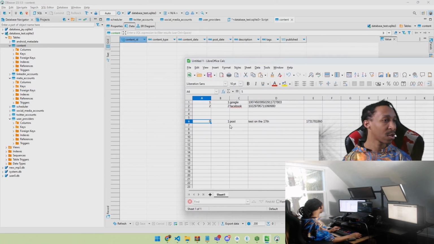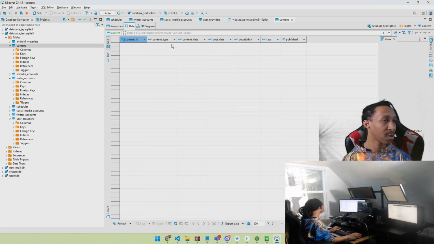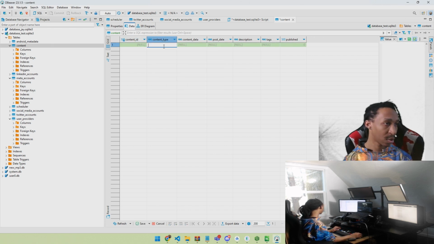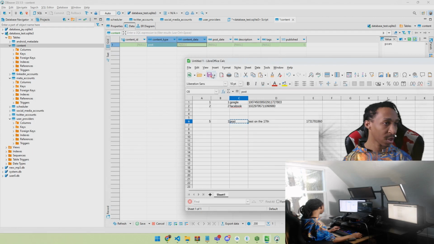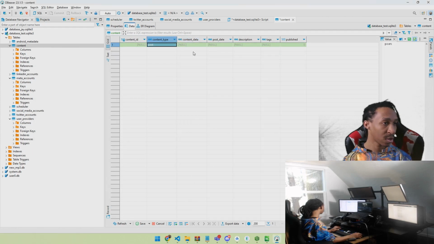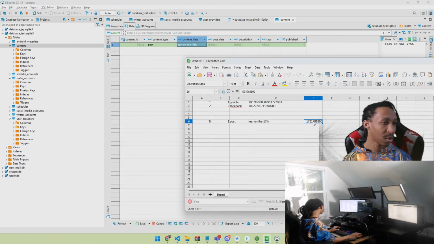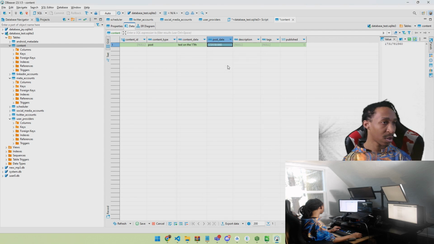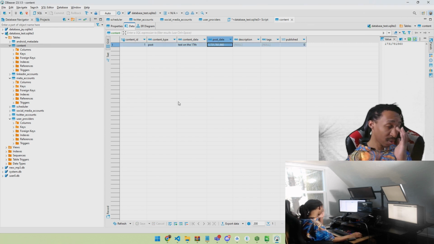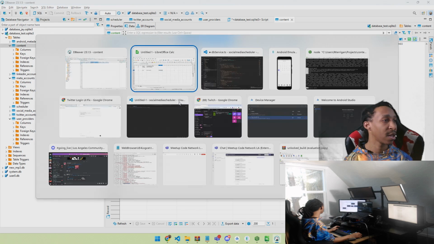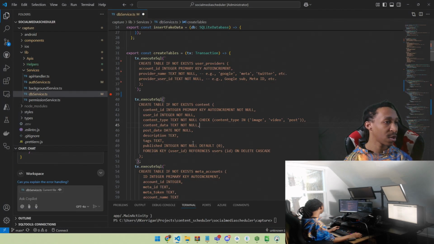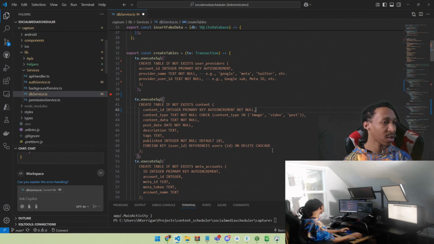So content ID, that's just going to do its own thing. Content type is a post. Wait, let me see. It's a post. Content data. Sweet, okay, we got that back. We fixed that. Now we need to go into here and essentially do the same thing where we remove this,